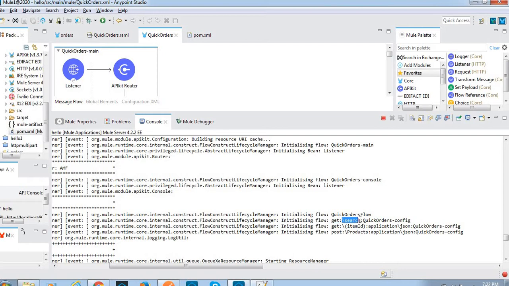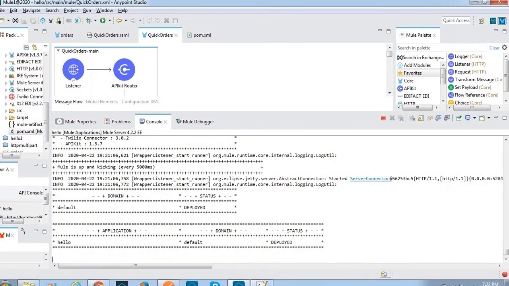This is the specific path resource, and another get method with item id and application json, and another method we have, post products application json. Okay, it is deployed successfully.